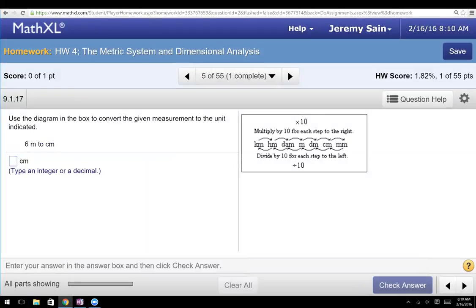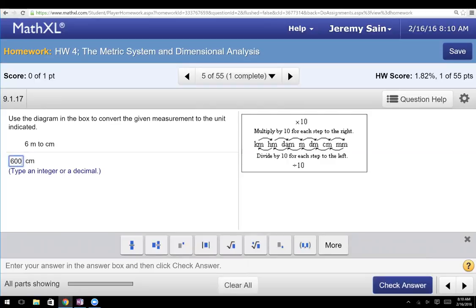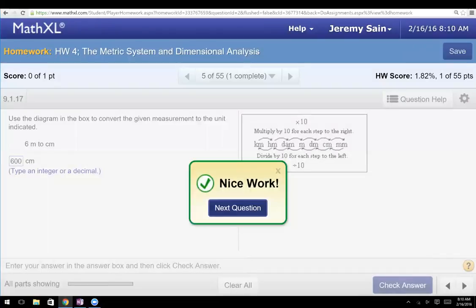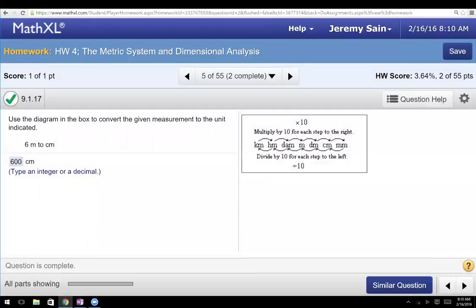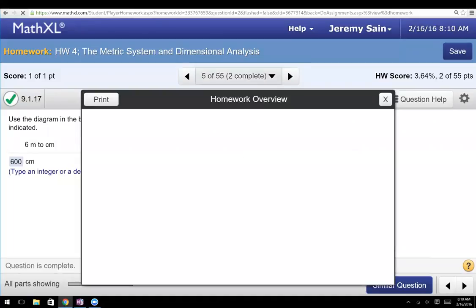So, like I said, you have all those. It just says HM. It doesn't say what it stands for. I don't remember what it stands for, but anyway, it has them all there. So 6 meters to centimeters. If you wanted to use the chart, you say, okay, if I start here in the middle, and centimeters on the right, it says multiply by 10 for each on the right. I'm going 2 spots, so I just add 2 zeros to it. Dude, the metric system is so much easier than